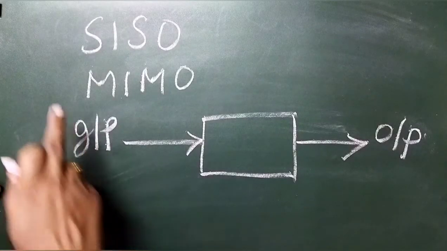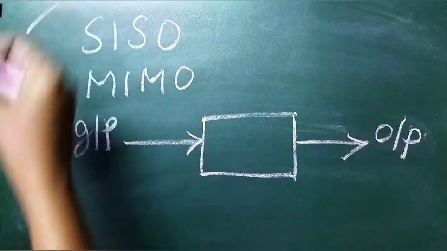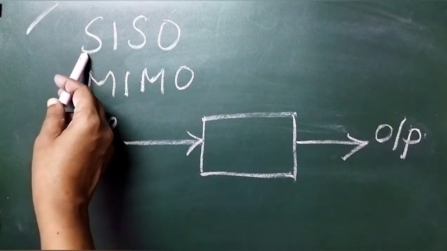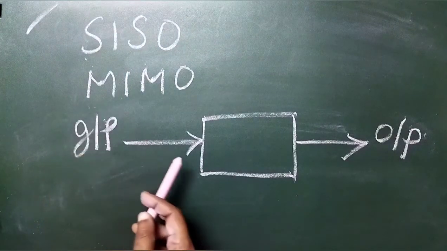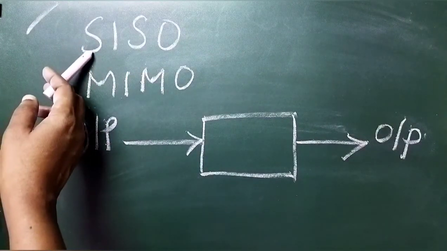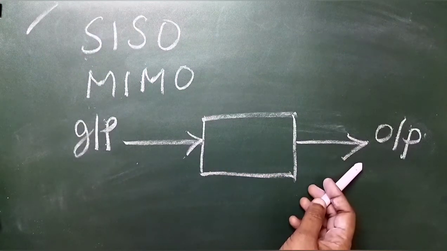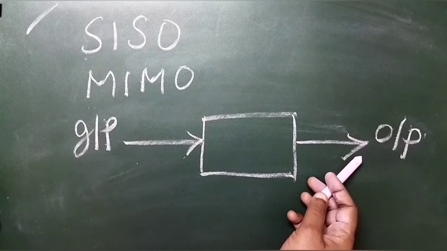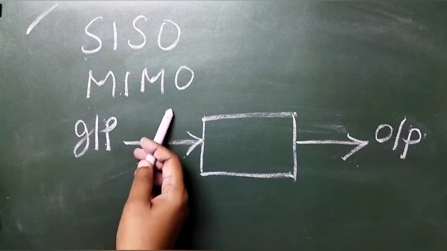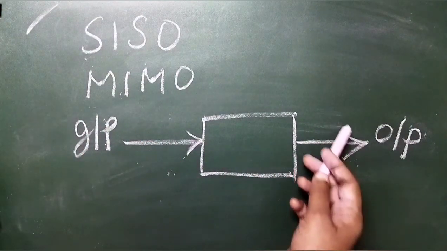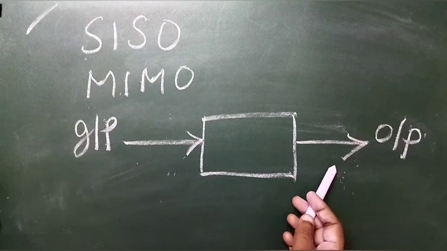Now, depending upon the number of inputs and number of outputs, we have another type of systems. Those you call single input, single output systems and multi-input, multi-output systems. For example, in the very first case, single input, single output, you have one input and one output. If you go for multi-input, you have n number of inputs at the input end and n number of outputs at the output end, then you call it a multi-input,